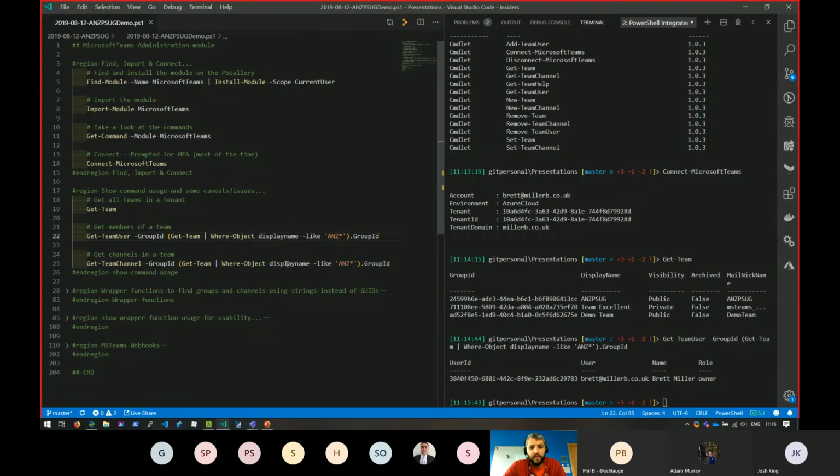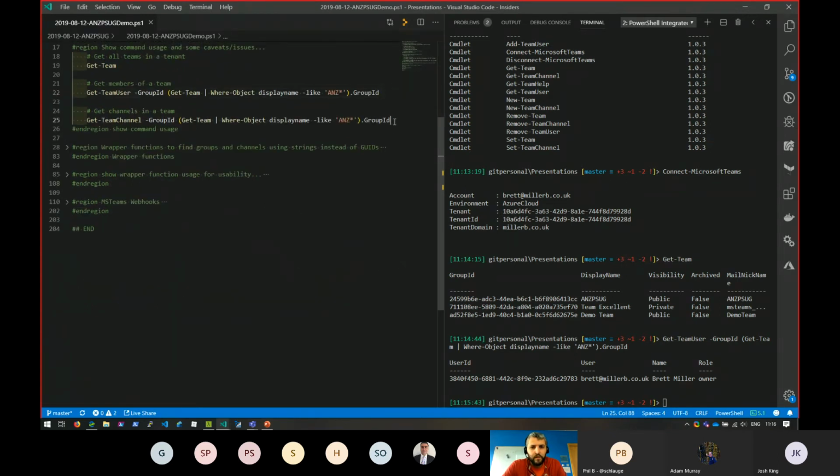And when I was setting up for this, I totally forgot that I'd created over 100 teams as a test for something. So I had to tidy that up, and it took quite a while to do that. And everything is filtered with Where-Object, so you have to return everything and then filter it, which makes doing anything in bulk really slow.